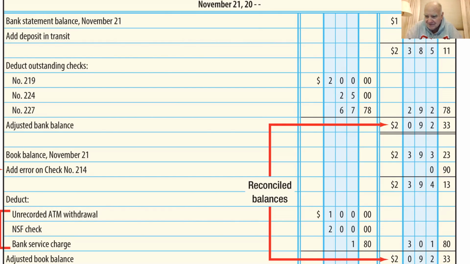And why is that? Because everything here, deposits in transit, outstanding checks, these are things we've already recorded. There's no entries to be made. We're just putting our worksheet together with it. So now we have to go to the items that the bank told us, okay? Here, we're telling the bank,